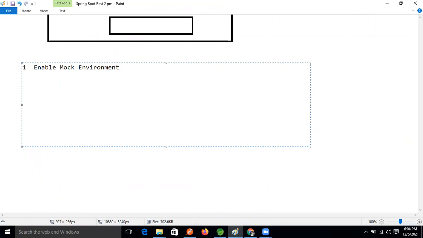Whenever we enable the mock environment, by default it creates the container; we don't need to activate our containers.